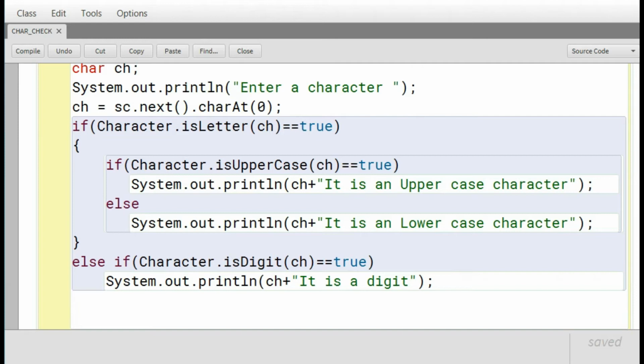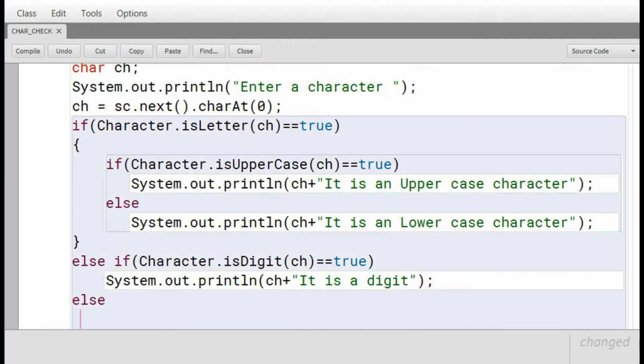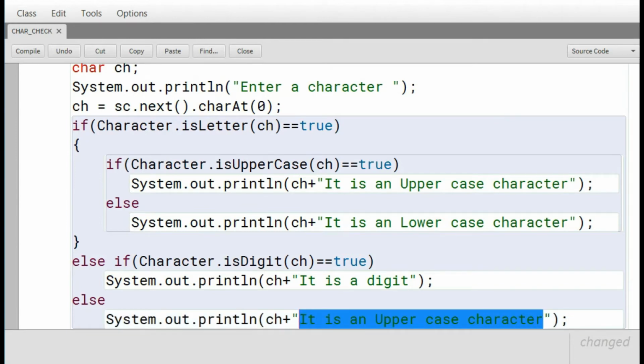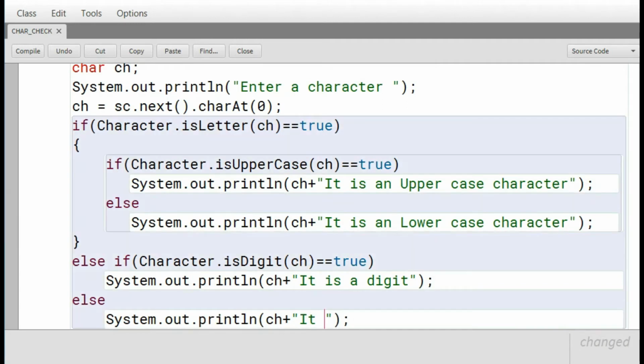So only the last part, which is the else part, will get executed then, and it will print the message: the inputted character is neither an uppercase character nor a lowercase character, it's simply a special character or a symbol. So we are printing this message special character. So this is our program.